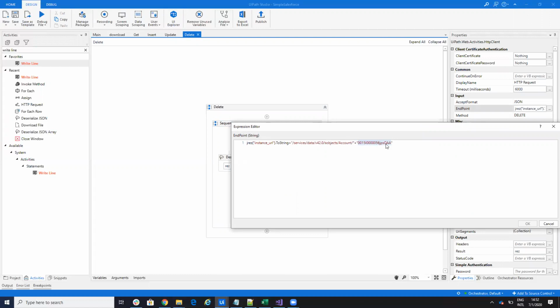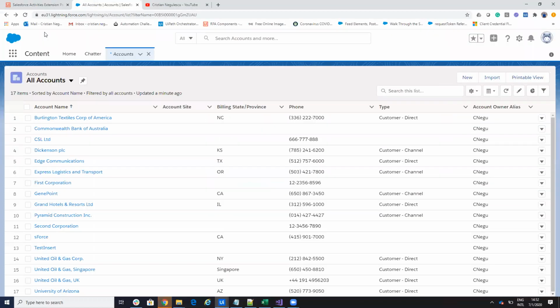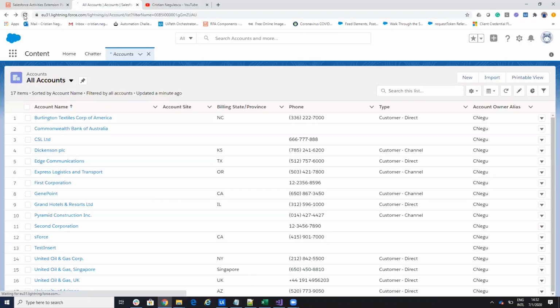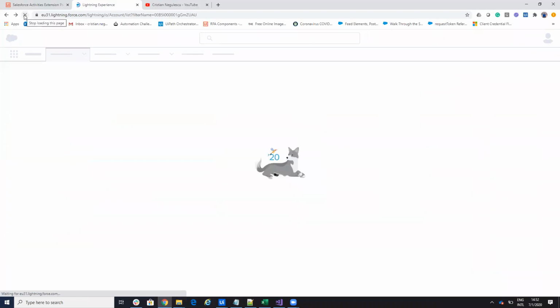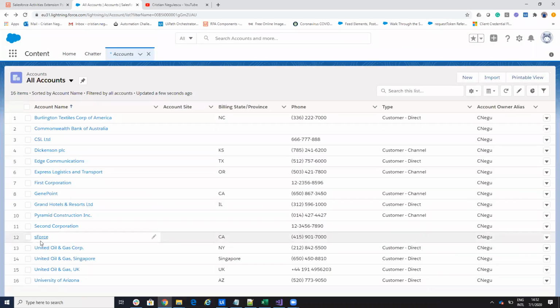I'll copy and paste the ID that I already created. So let's hit run and see what happens. Okay, let's refresh. And my account disappeared. So in this way, I delete something.